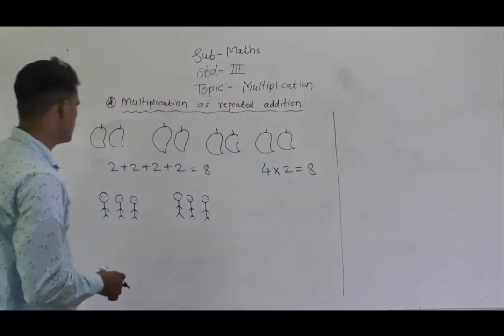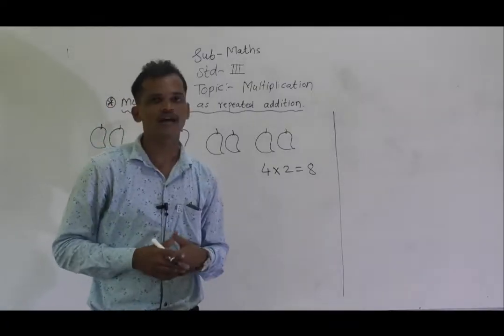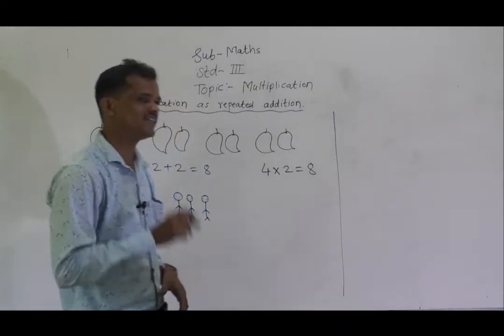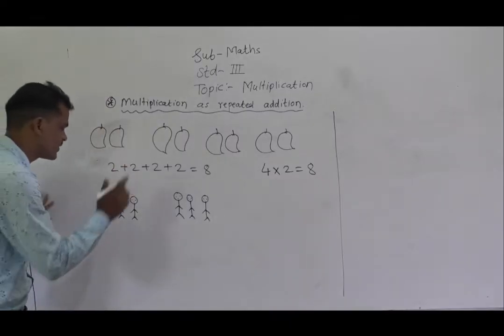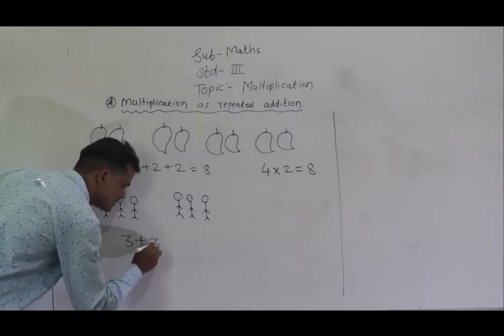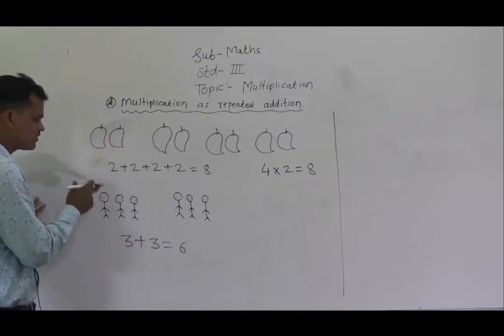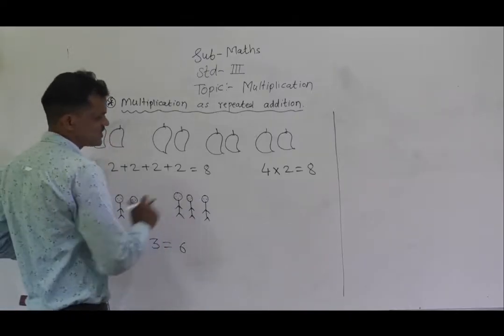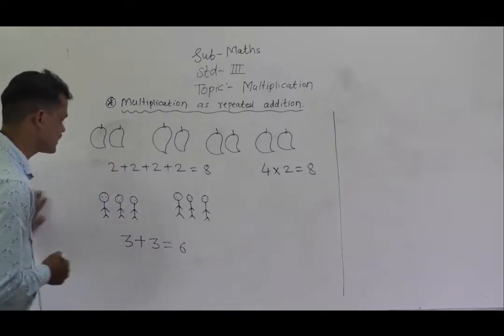See here, there are two groups of boys. In each group there are 3 boys. Okay, so we can write the addition fact like this: 3 plus 3 is equal to 6. We can count 1 2 3 4 5 6 boys, and by using the multiplication fact we can write